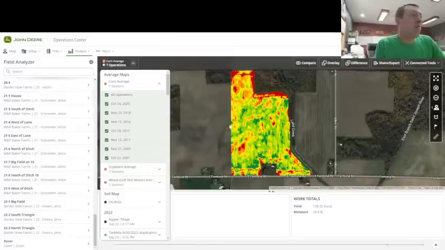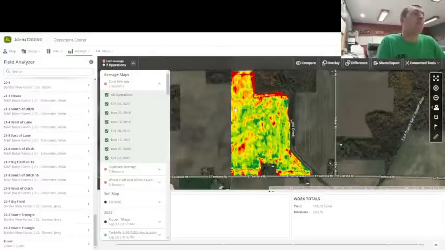That pretty well creates management zones. You got your high yield areas and you got your low yield areas. And it's averaged over a long time, so no one map is having a ton of influence on it. That's good. Now, I question the validity and the accuracy of some of this older data, right? This stuff from 2007 and older stuff. Plus, we put a bunch of tile in this field this year. Now, that's not going to be reflected in any of the yield maps that we have in the past, but